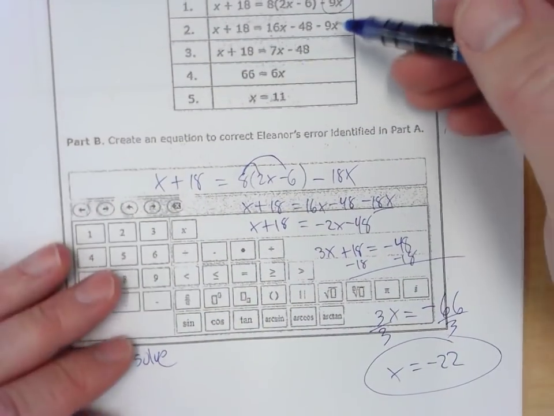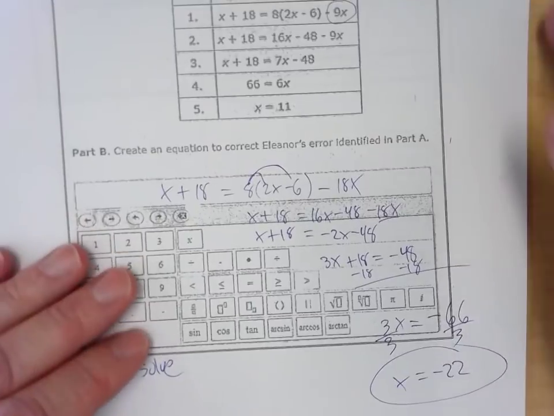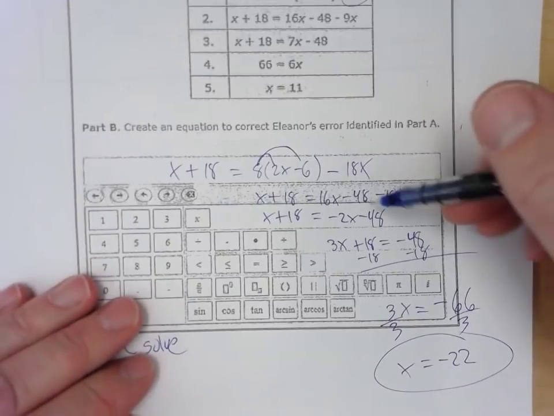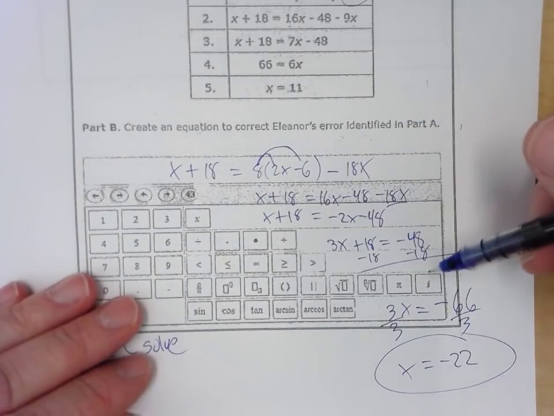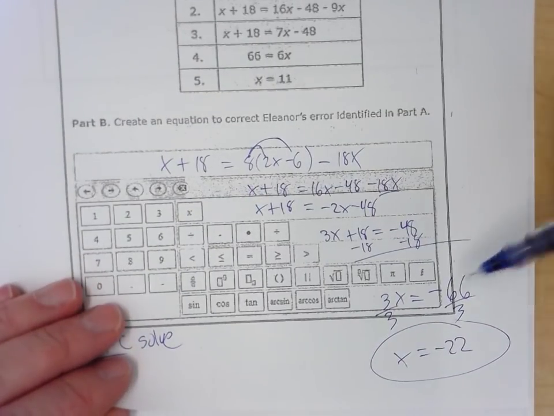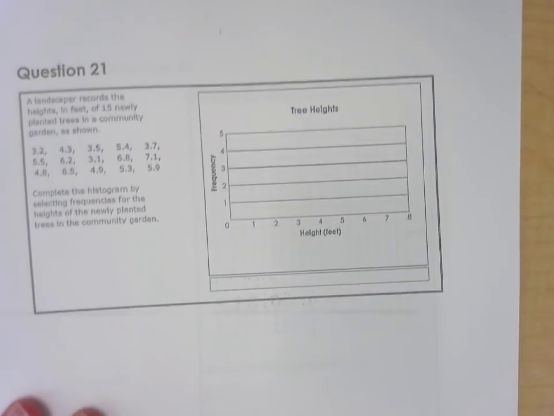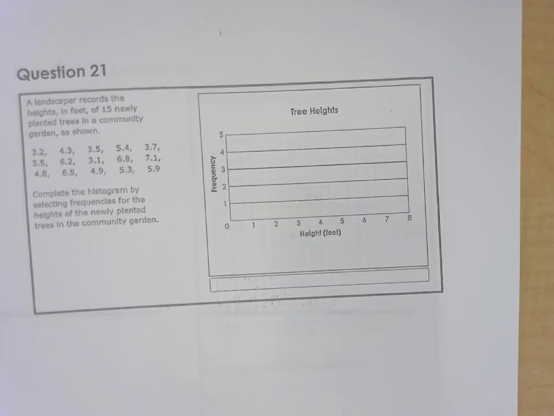So you had to find the mistake, write the mistake in there, or fix the mistake in there, and then go ahead and solve it from there. And then from that point on, you can solve it any way you want to. You don't have to use their tricks or whatever. You can, just as long as you're doing the same thing to each side of the equation. Okay, so now this is a